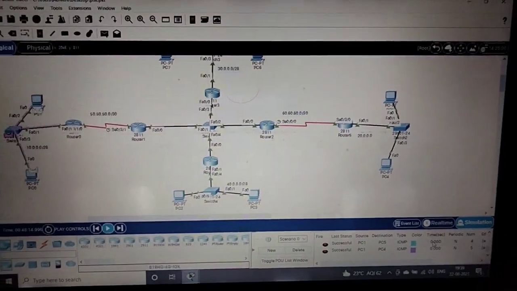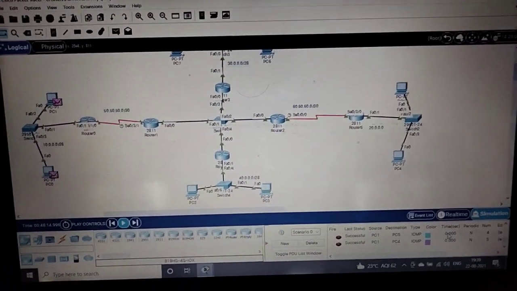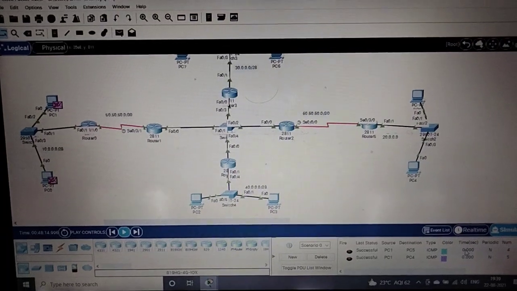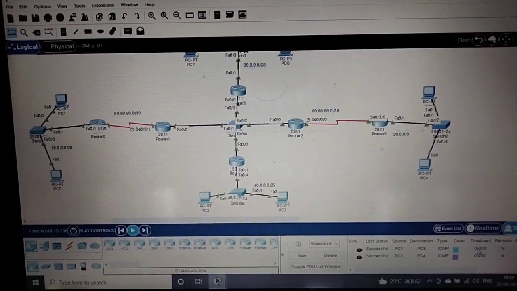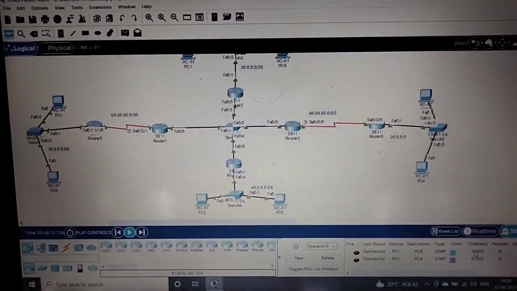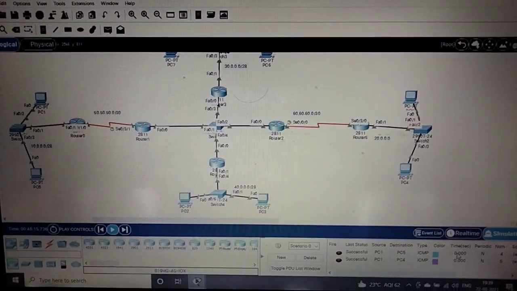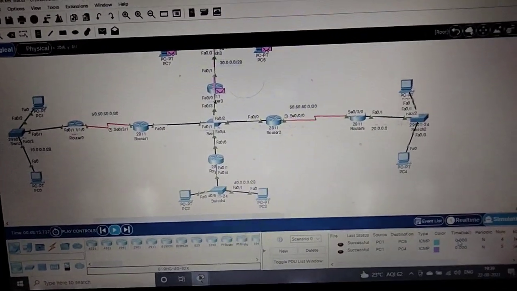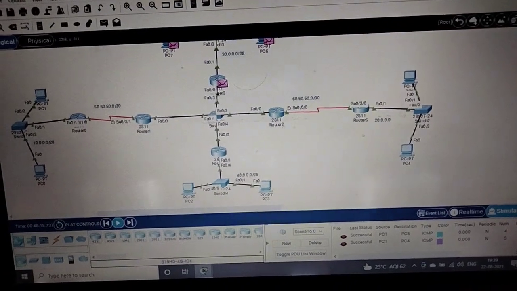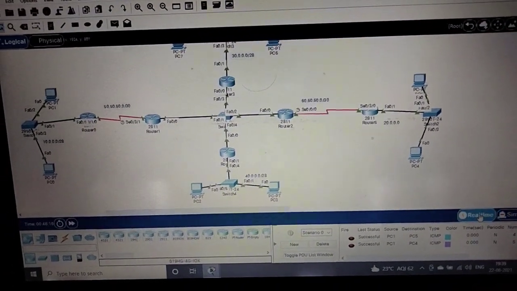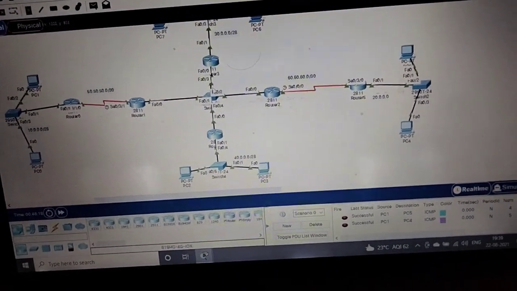Okay guys, this is the process of static routing. In the next video we can see about switches. Now we have done the process only in routers, we did not do anything in switches.